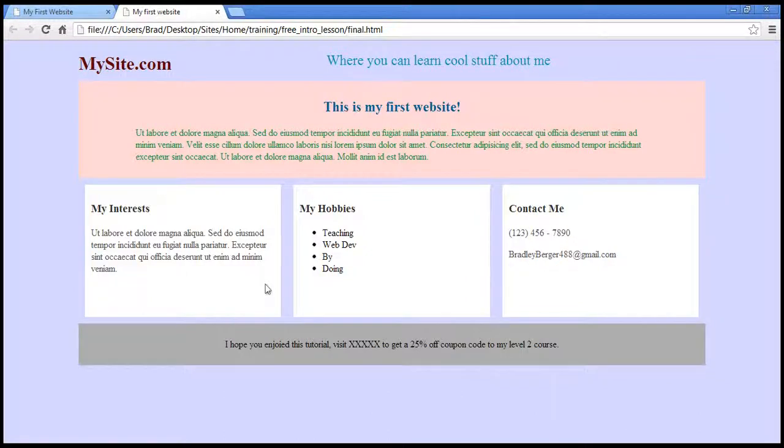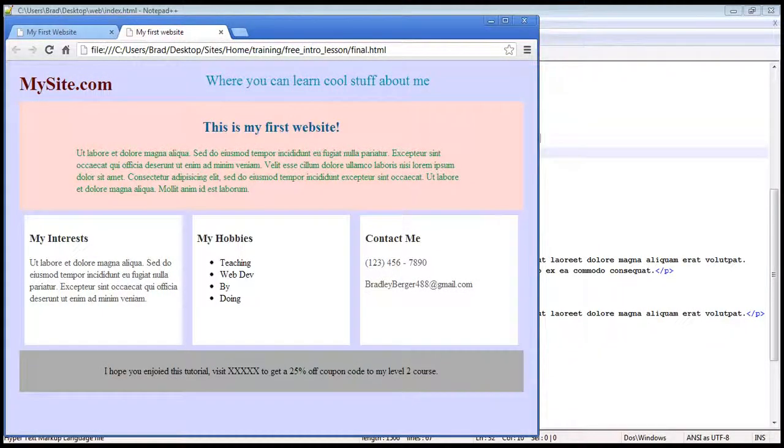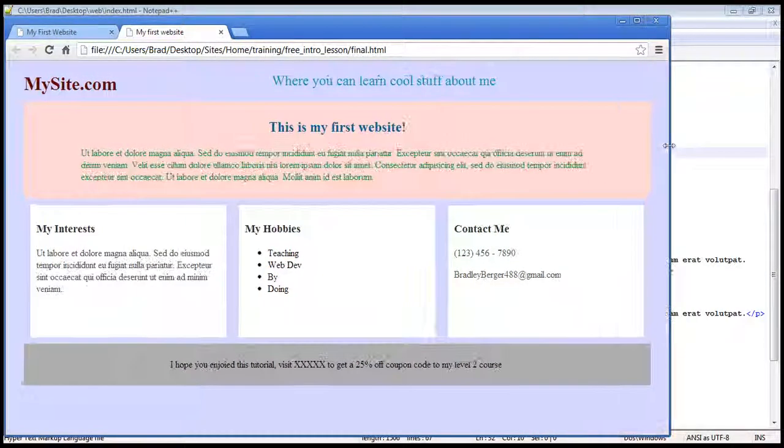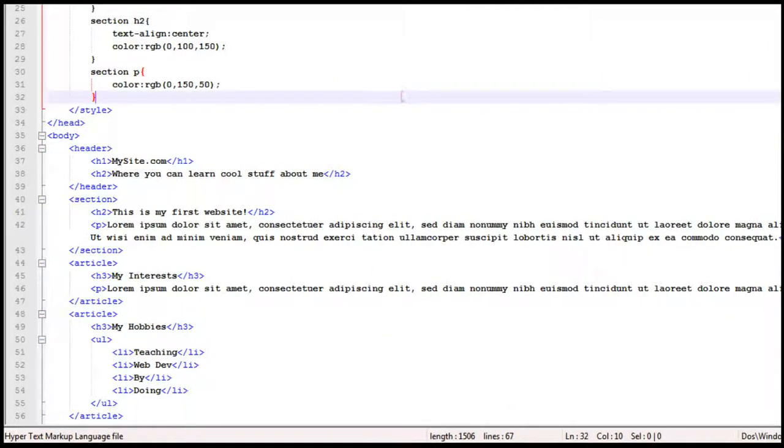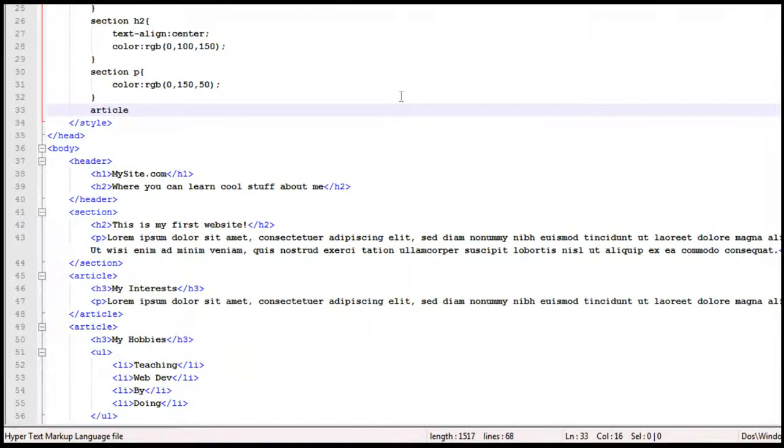We're going to take another peek at the final project. You can see that these three article tags are all lined up next to each other. And as I resize the window, they stay that way and automatically get bigger or smaller. How did this happen? Well, let's start off the same way as always, writing article, open and close curly brace,